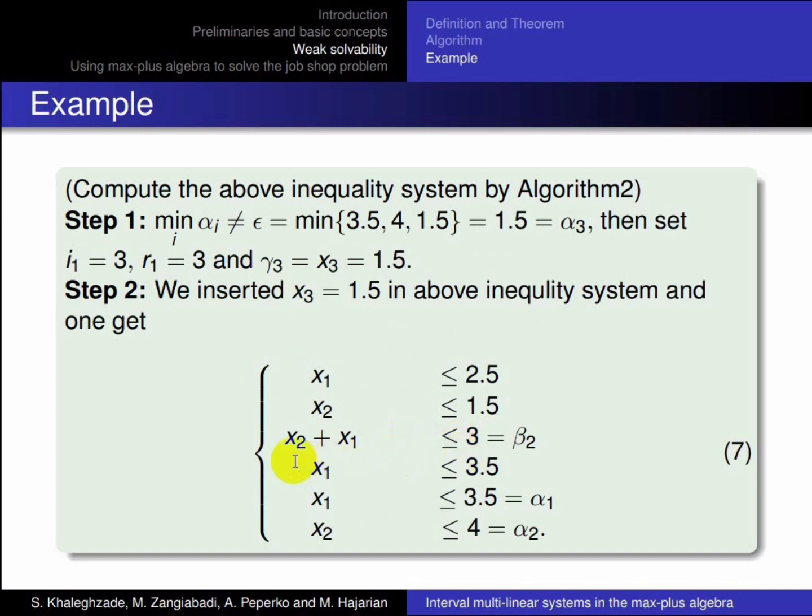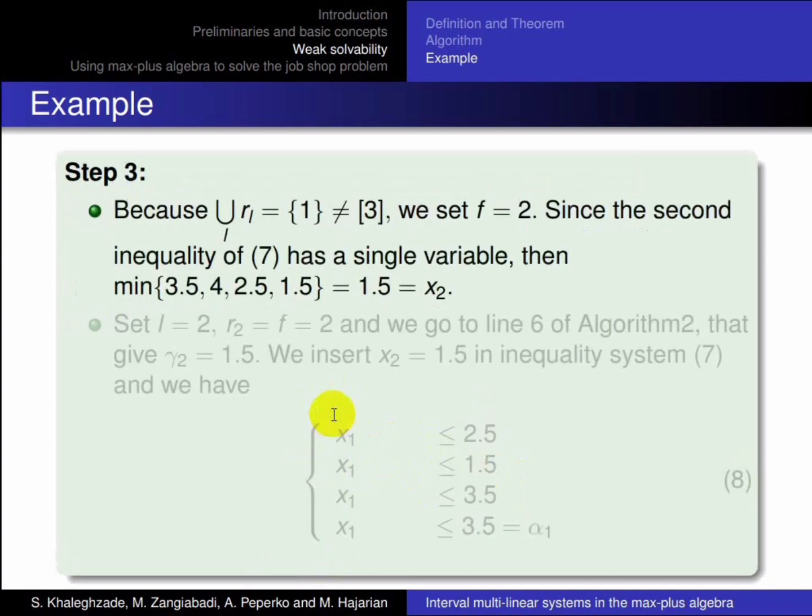Notice that in inequality 1 and inequalities 2, 3, 4, and 5, we have a single variable, and so the union of R L not equals 1, 2, and 3. So we compute this minimum between